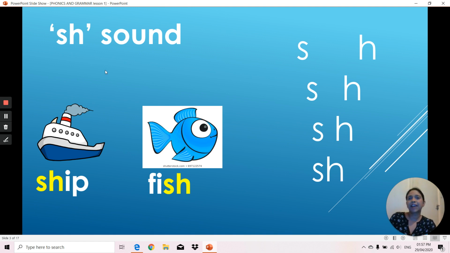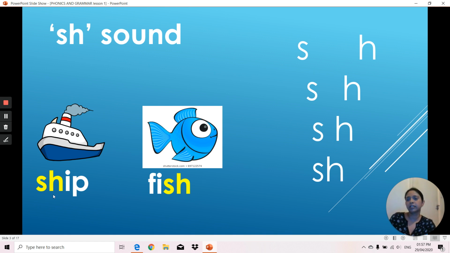So we have to make these sounds by using two letters. For the sh sound, we have to use the s and the h and bring them together to make the sh sound. Now, these sounds either come in the beginning of a word or at the end of the word,